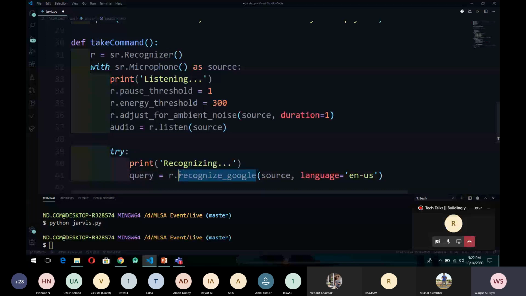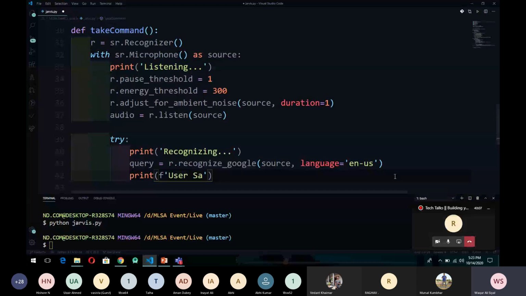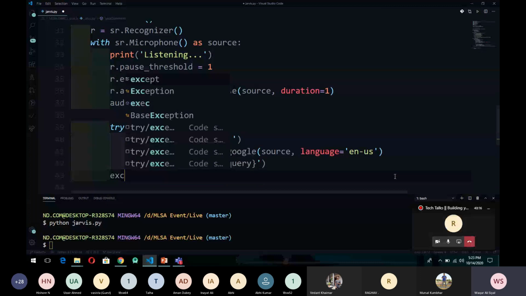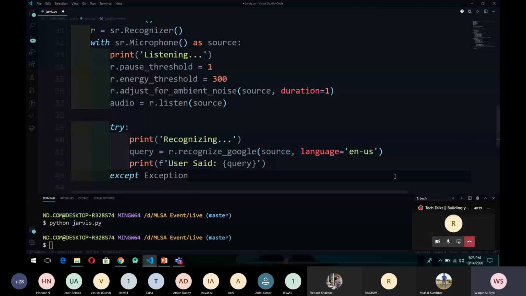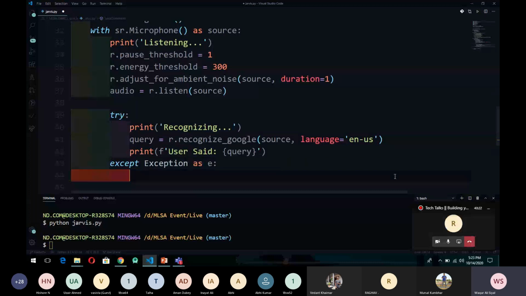Now print, use string formatting to print user said. Now call the except block here. So you can print the message here, but we will not print this.